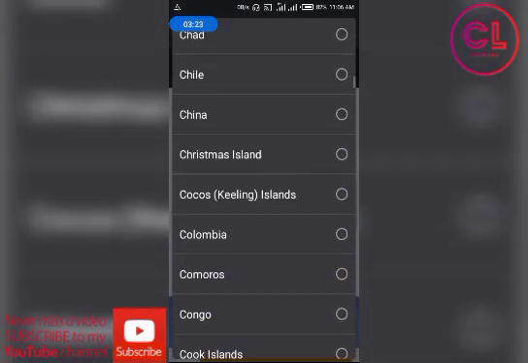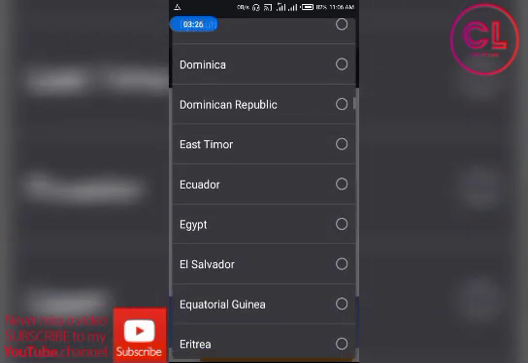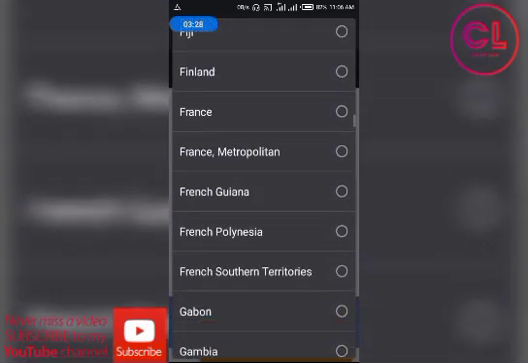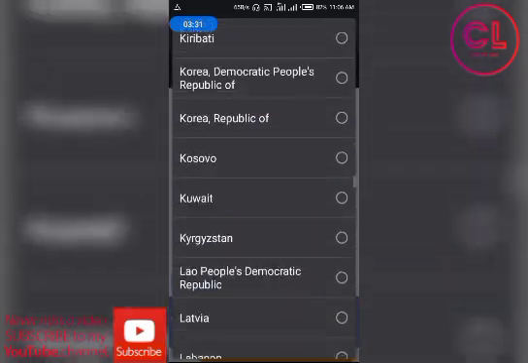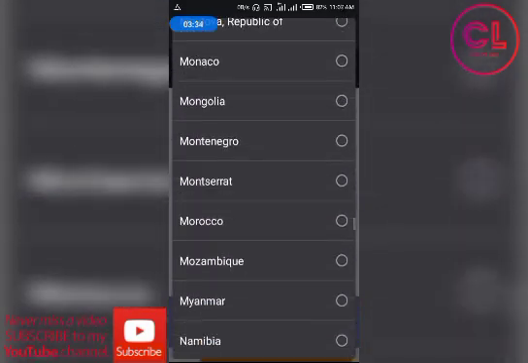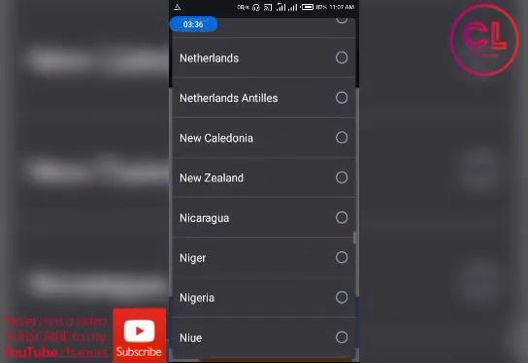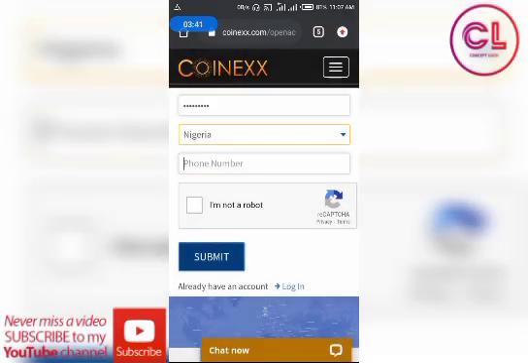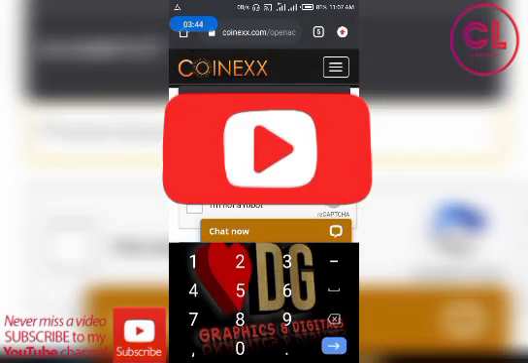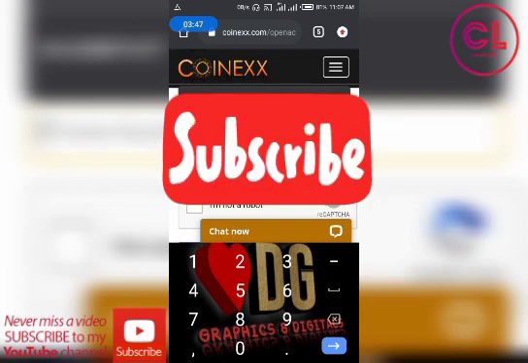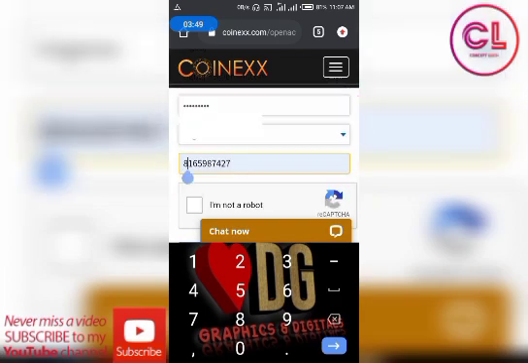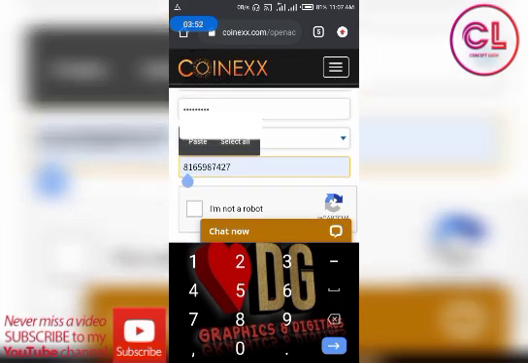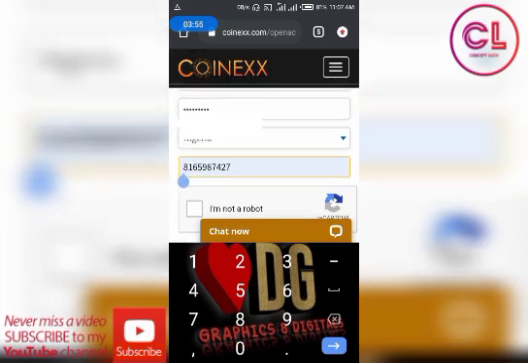You just fill in your name and select your country. Let me look for Nigeria. And please, if you're filling in your account details, everything must be correct. The same name that you use in your bank account is the same name you must use. Because, for example, in OctaFX and FBS, if you use a different name in your account,